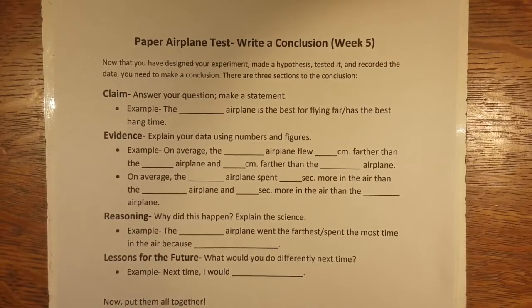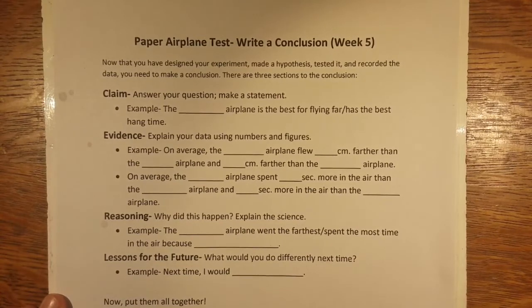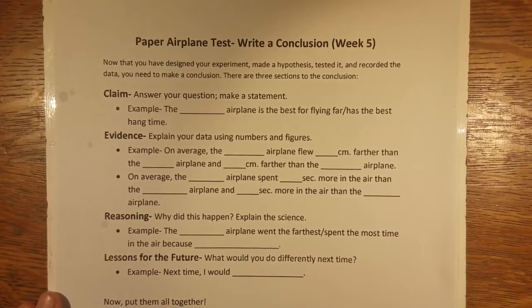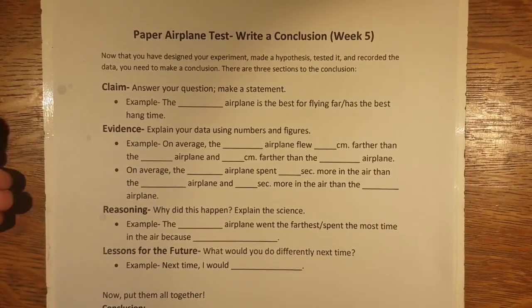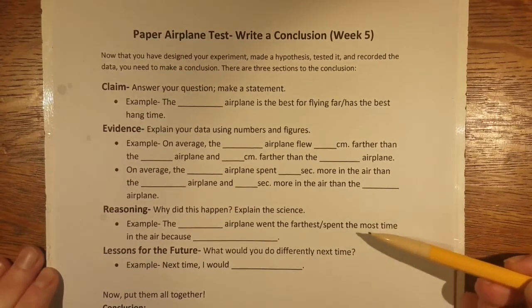And then last, we need to kind of explain, well, what does this all mean? We need to explain the evidence and explain the science behind it. Why did this happen? So, for example, the blank airplane went the farthest or spent the most time in the air because, and then we give some explanation. This kind of goes back to our research, goes back to your hypothesis. And if it didn't quite go as planned,